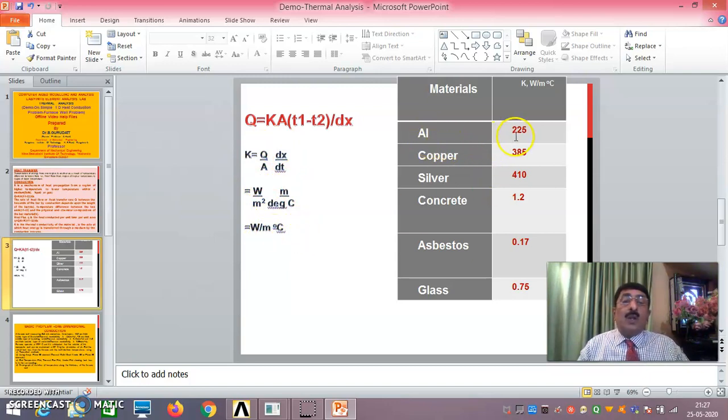Okay, as you see here, 225, very high. The rate at which heat is transmitted through the medium is very high. Silver is 410. You can imagine now. If you have a hot coffee in a glass container, you can comfortably drink it, but if you put the same hot coffee in a silver container, you can't hold the cup itself. That is because the rate at which heat is transmitted through silver is very high. As a result, it's very difficult to hold the silver cup compared to the glass cup.